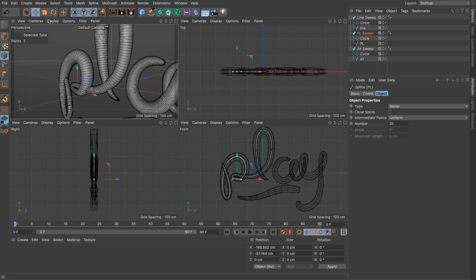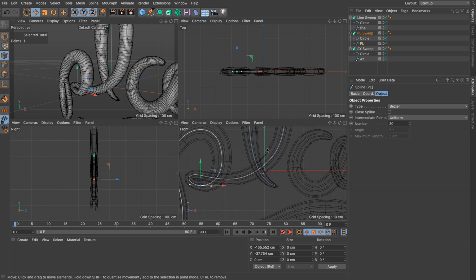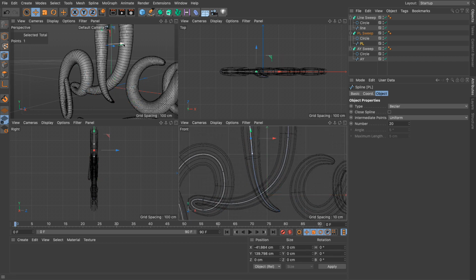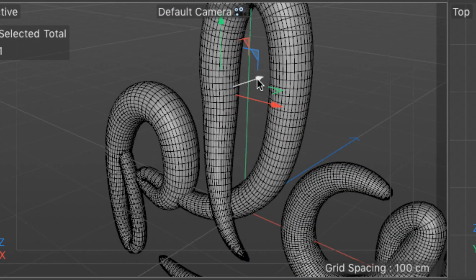So with your Move tool selected and Points mode, let's go here and start selecting points and moving them around. The way I'm moving them is by hovering over these arrows, so I constrain their movement in the particular direction.